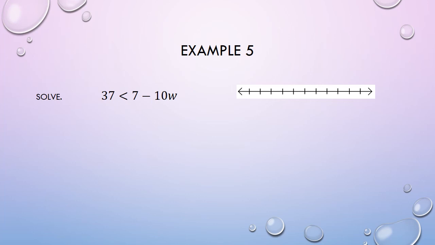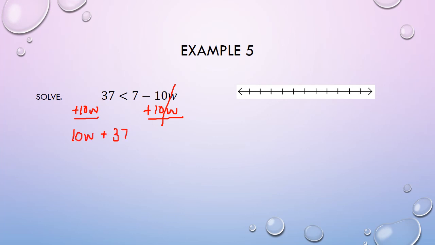So, example 5, we're going to solve 37 is less than 7 minus 10w. So on this one, remember we want variables on one side. Actually, we want variables on the left and the constants on the right. But if I move the variables over to the left, well, you know what? It might be easier if you do that. Let's go ahead and get rid of that minus 10w by adding 10w on both sides. But notice over here that it's not a like term with the 37, so do not put it underneath the 37. So then you'll have 10w